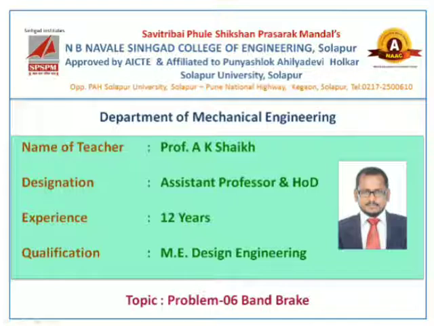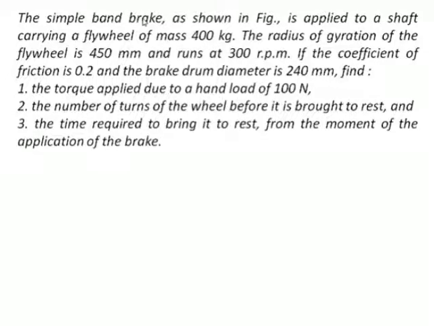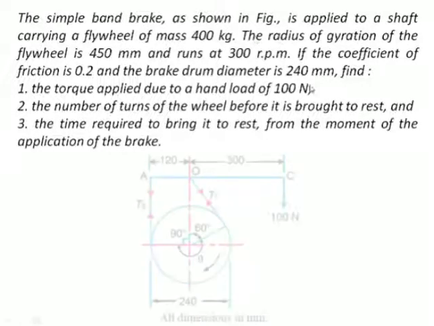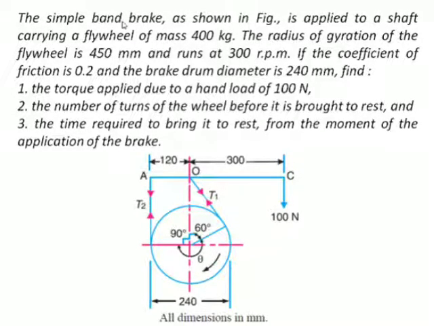Today's topic is problem number 6 from the chapter and problem number 2 on the band brake. Let us go through the statement of the problem. A simple band brake as shown in figure is applied to a shaft carrying a flywheel of mass 400 kg. Radius of gyration of the flywheel is 450 mm and runs at 300 rpm. If the coefficient of friction is 0.2 and the brake drum diameter is 240 mm, find number 1, torque applied